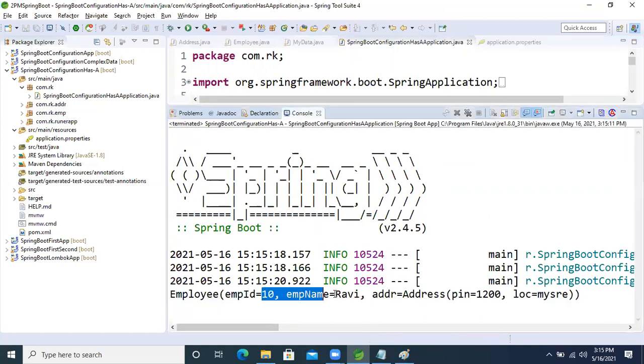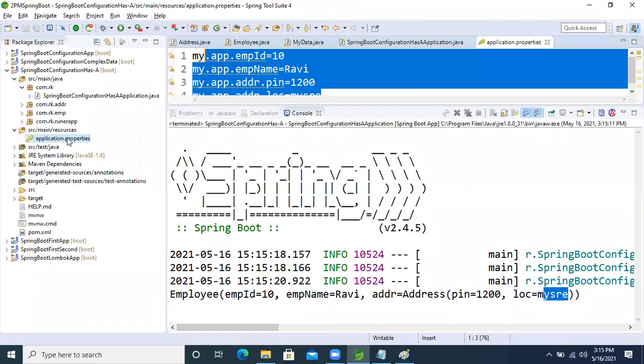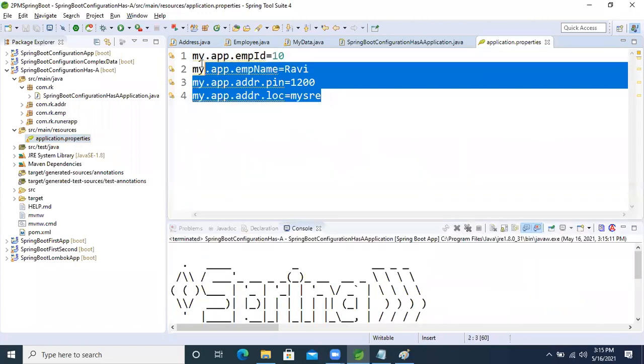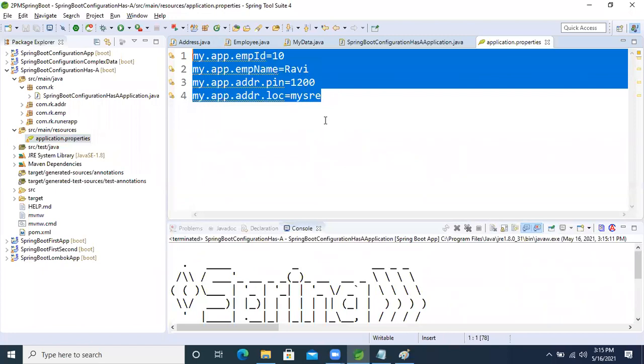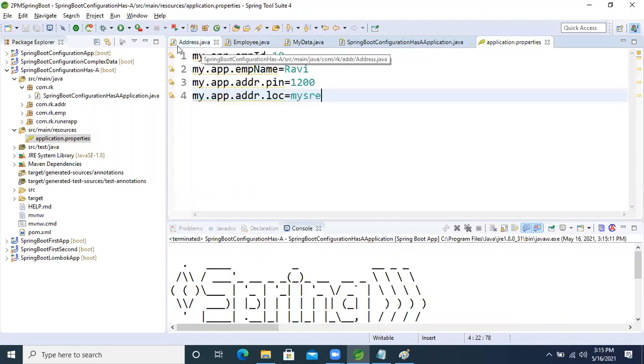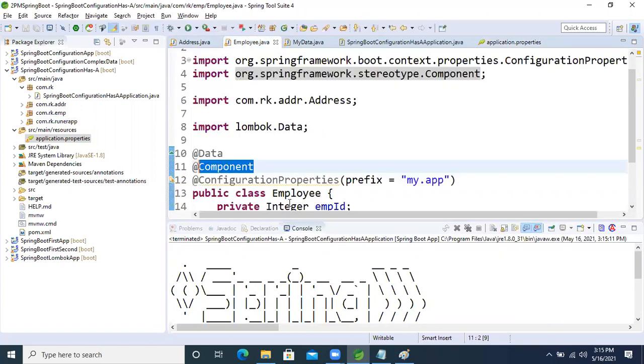See that, Ravi's address is pin 12 and Mysore, right? Based on that property. Our main target is how we can read the property file if the classes are in a relation, between what, association, guys. Okay, association. Now clear, guys. Don't worry, we will see that next, why we are getting this problem. Yeah, it's clear. Clear, na? Yes, Ravi. Okay, clear. But here see that employee is there, right? Employee class is there.